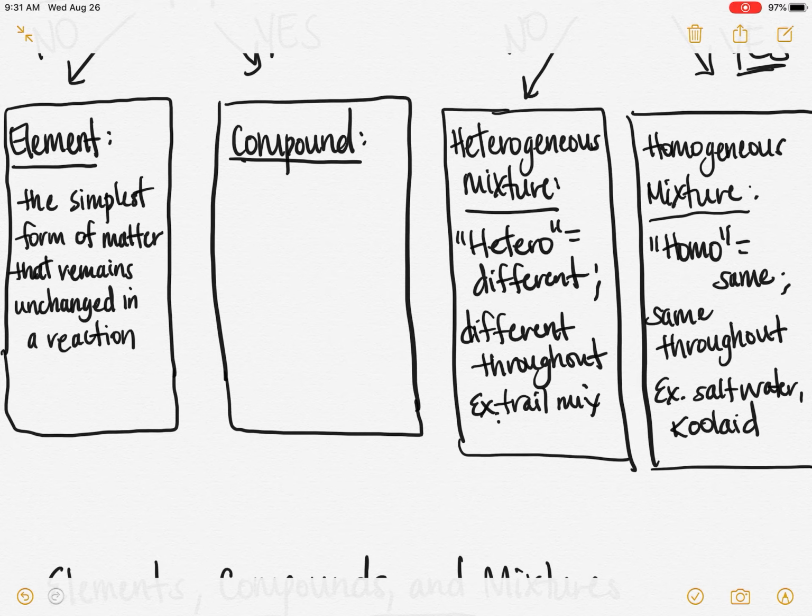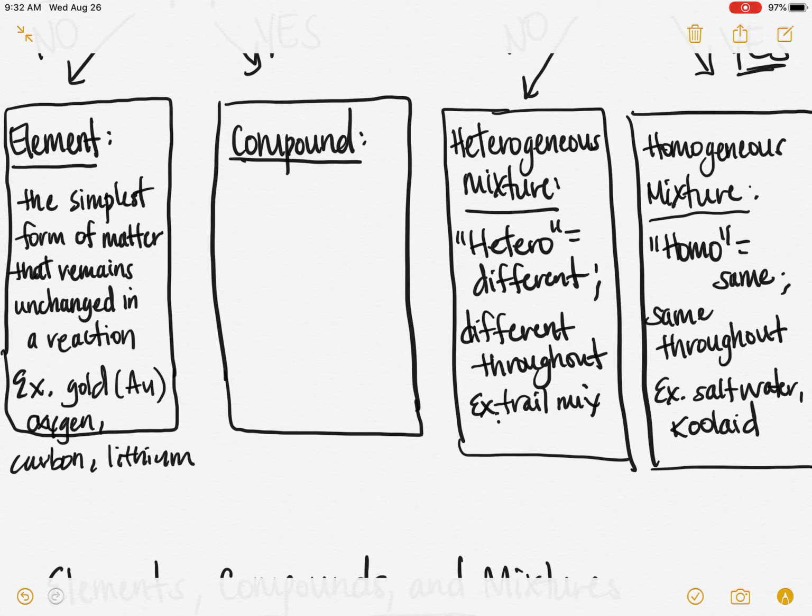So what are your examples of elements? Well, everything that's on the periodic table, right? Because it is in fact the periodic table of elements. So everything on the table is an element. So gold, right? And remember when we talked about, well, what's gold's chemical formula? Well, it's just its symbol, which is Au from the table. So gold is an element, oxygen is an element, carbon is an element, lithium is an element, right? We could go on and on. There's in fact 118 of them. So elements are the simplest form of matter, basically, that we're